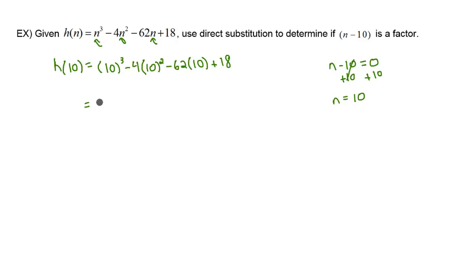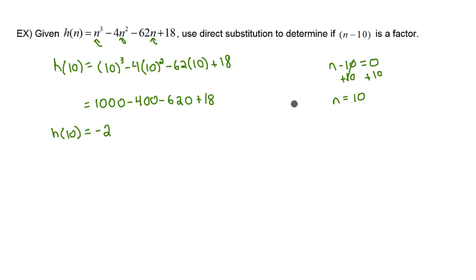So 10 cubed is 1,000. I'm going to do a couple steps in one here. 10 squared is 100, times 4 is 400, and then 62 times 10 is -620, and then we're adding 18 at the end. So h of 10 is going to equal